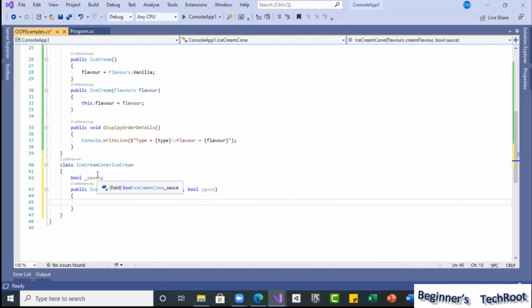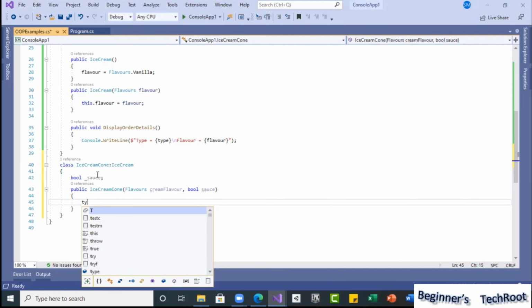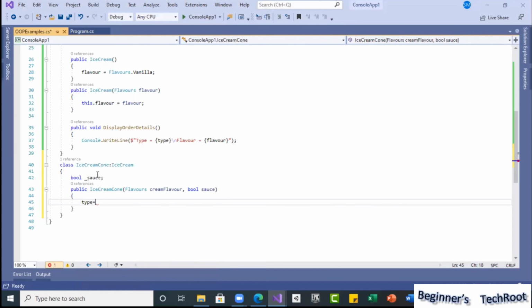Okay, so now ice cream flavor, boolean and type. I know that in this, the type will definitely be ice cream cone, so I will just hard code this. Why? Because we know this class is defined for the cone ice cream. So I can write it here, ice cream cone type, or cone ice cream, however we want.